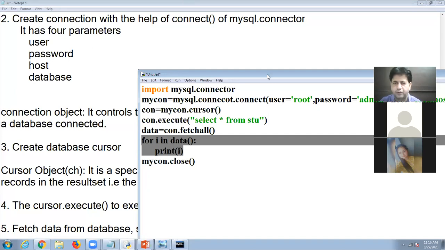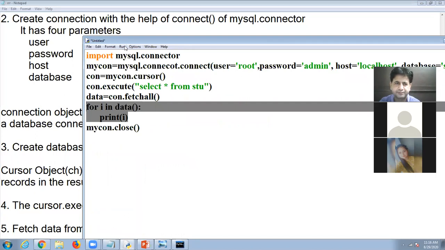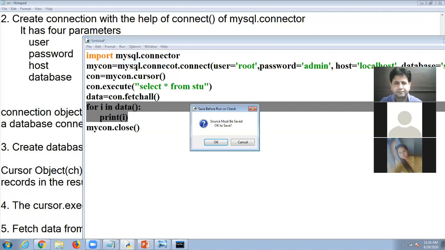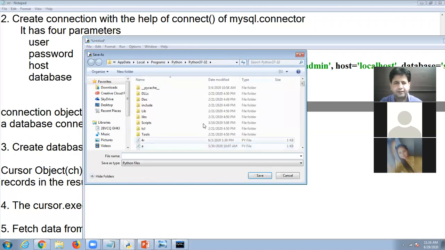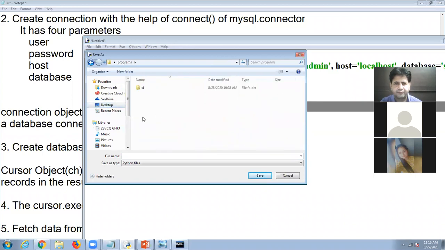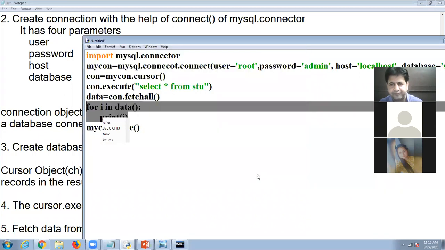So now I am going to run this program. I am saving this program, giving the name of the program.